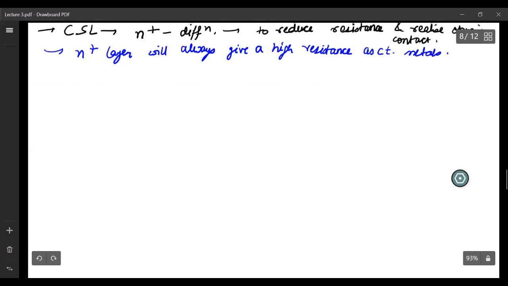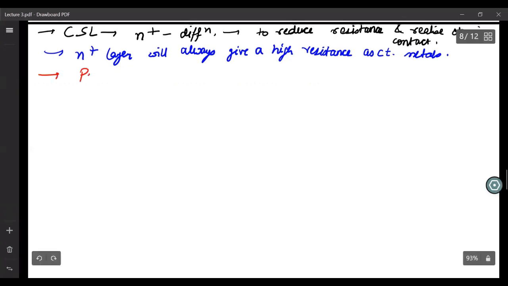That is one disadvantage, I would say, of having an N plus diffusion layer as a common source line. Here, for the pillars or the cells,